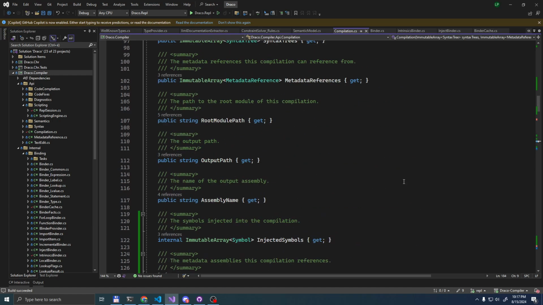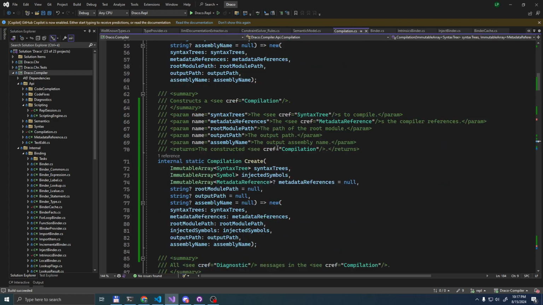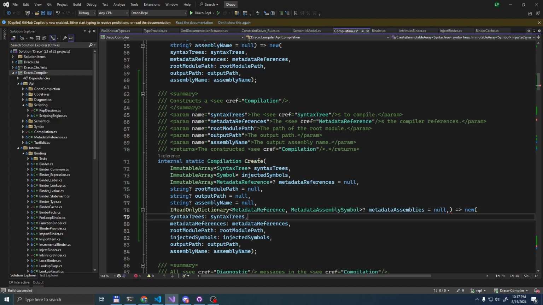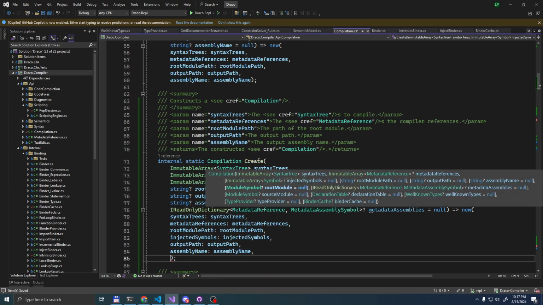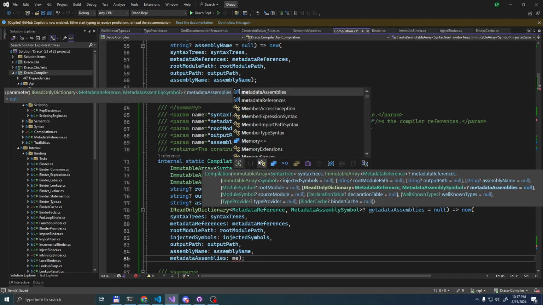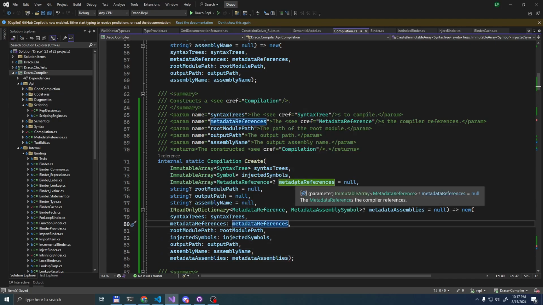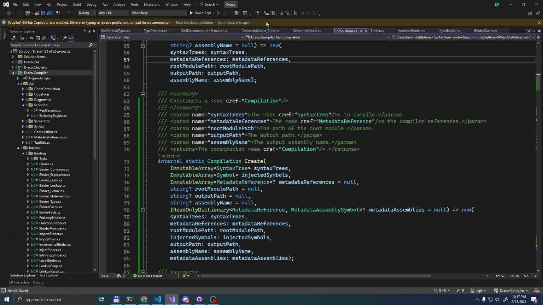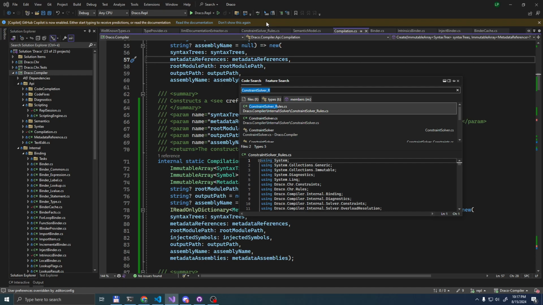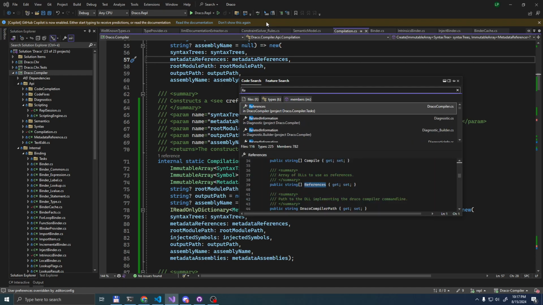Yeah, let's do that. Now let's get back to the REPL session.